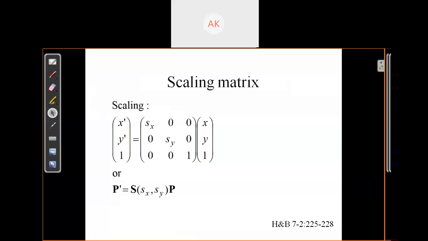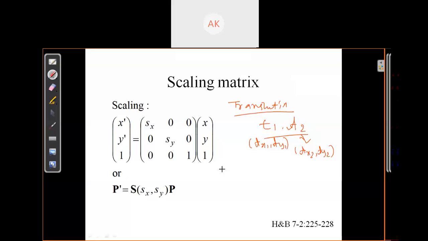So first, just consider the translation case. We want to translate our object two times: translate T1, then again translate T2. It means there are two transformations in sequence, T1 followed by T2. The translation parameters of T1 are Tx1, Ty1, and the translation parameters of T2 are Tx2 and Ty2.